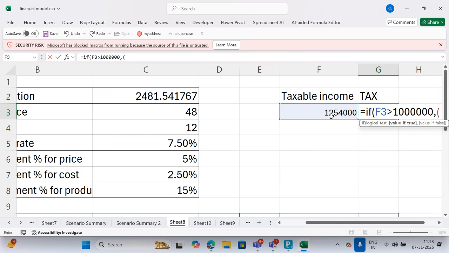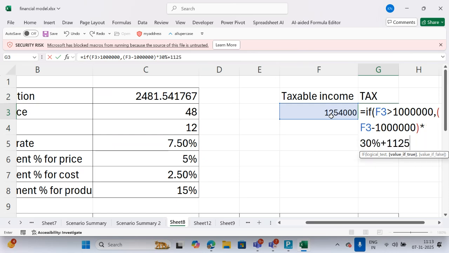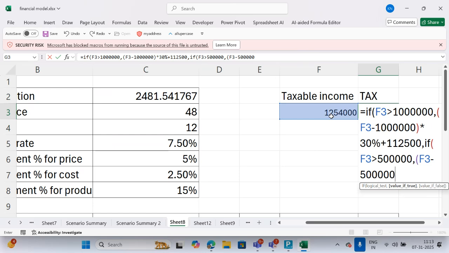comma, this minus 10 multiplied by 30% plus 112. Then comma, if this is greater than 5, we already learned all these things, minus 5 multiplied by 20% plus 12,500, comma if